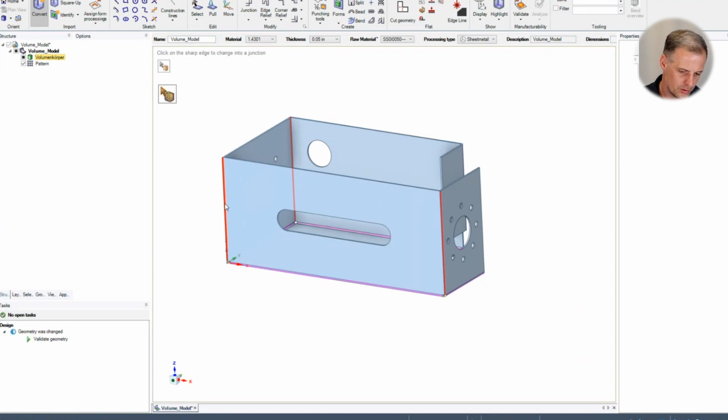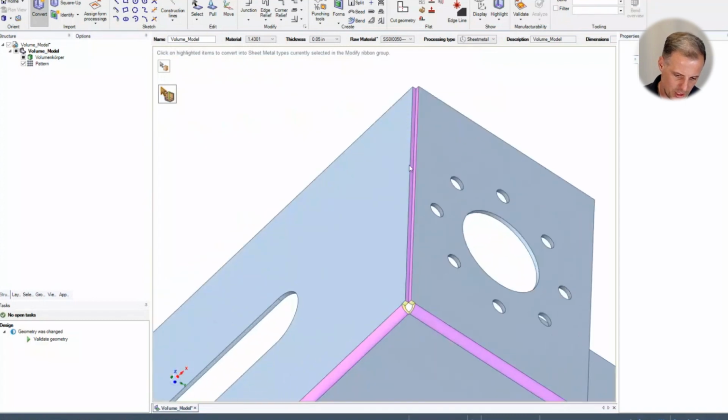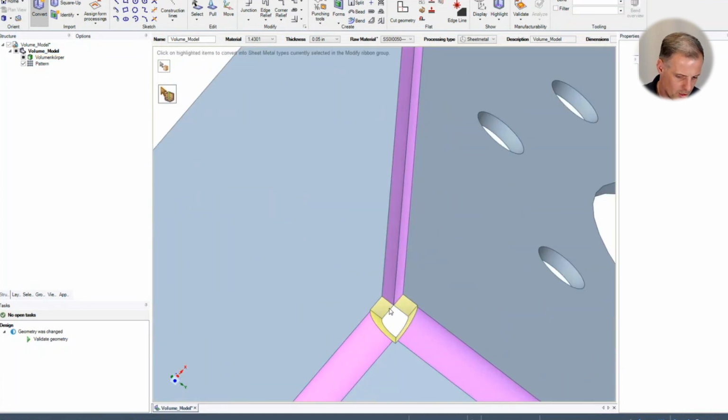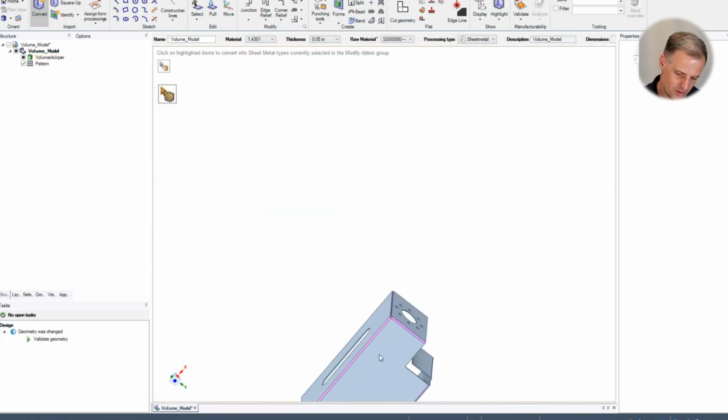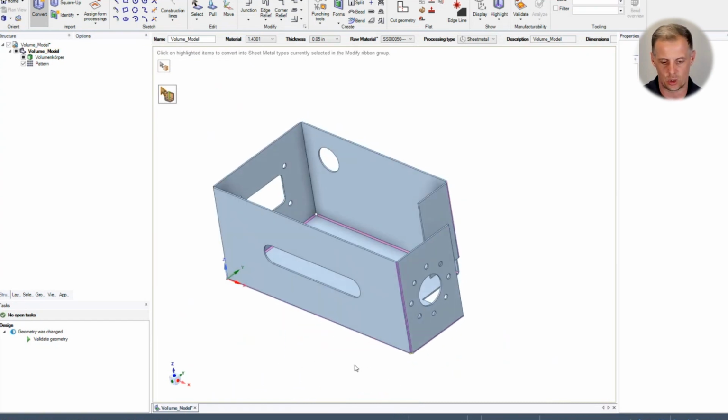Clicking on the red edges will make the red line disappear, and my edge here is now a slit. And in our case, as you can see on the corner here, it has no overlap because I defined it like that. But at this stage, I already have a converted solid